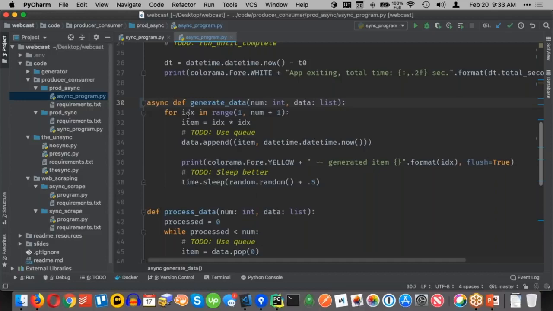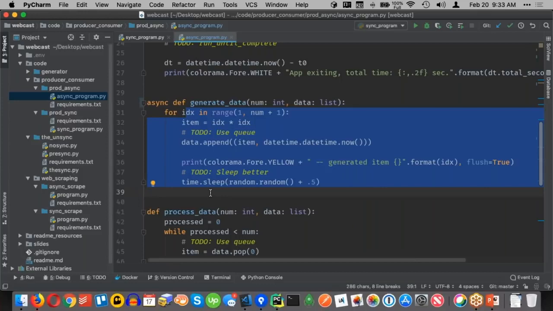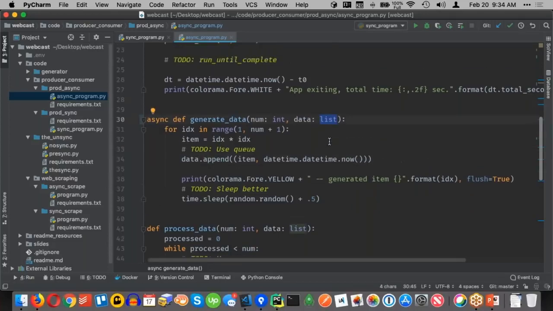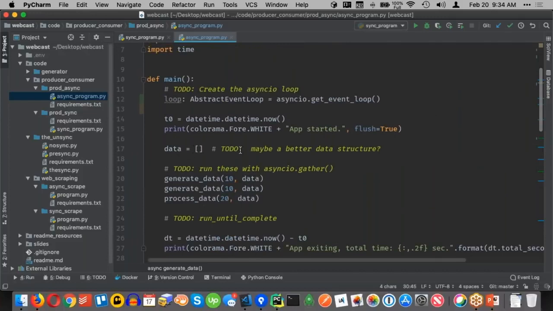It could determine, oh, you're doing stuff with an await in here, so boom, it's async. But as a good understanding of this program that it is special, the async keyword here is really nice. And then what we want to use here is a different type of data structure. So I guess I could change that up here. Yeah? And we'll drop the to-do bits as we do them.